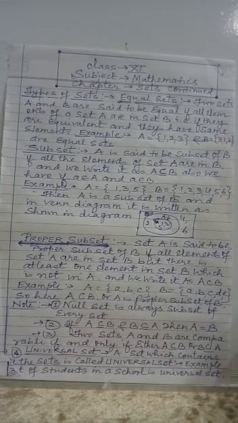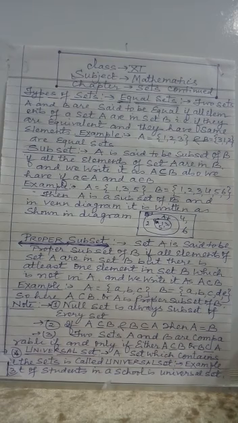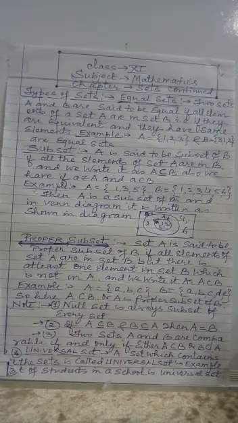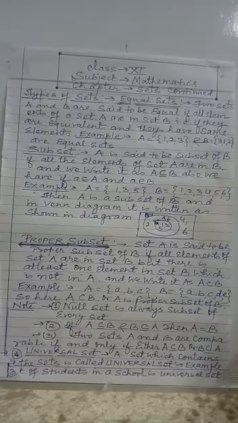And the next definition is universal set. A set which contains all the elements or all the sets under consideration is called a universal set, meaning which cannot be a subset of any set. And here I am giving one example so that you can understand the meaning of universal set. Students in a school is a universal set of students of either 7th class, 8th class, 9th class, 10th class, 11th class or 12th class. Since a school has classes from KG to 12, so you can see here.